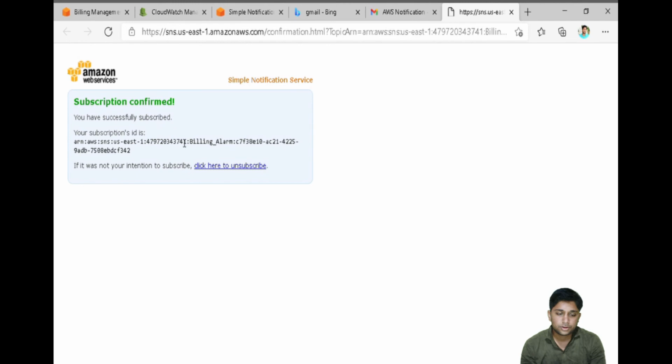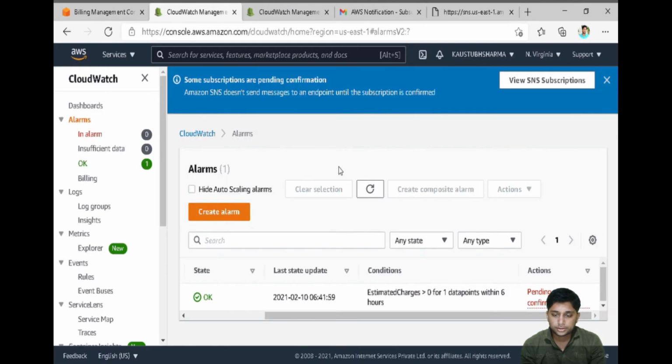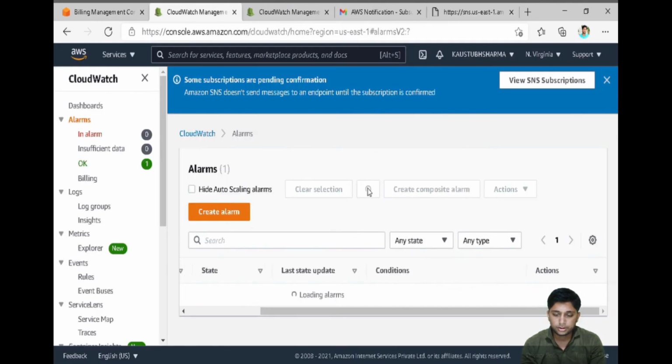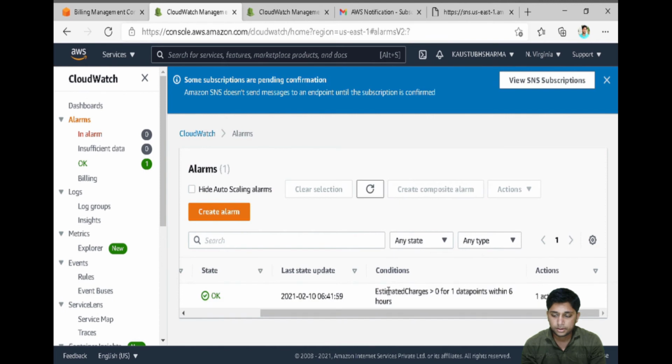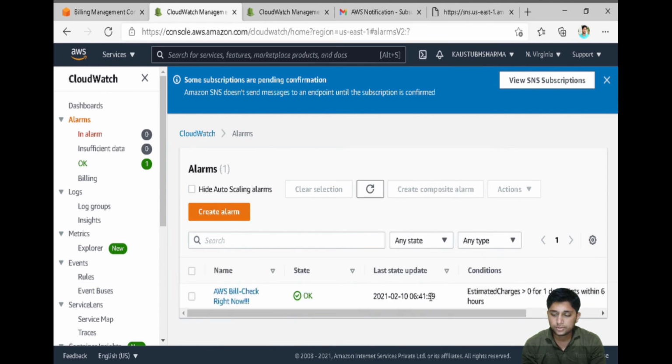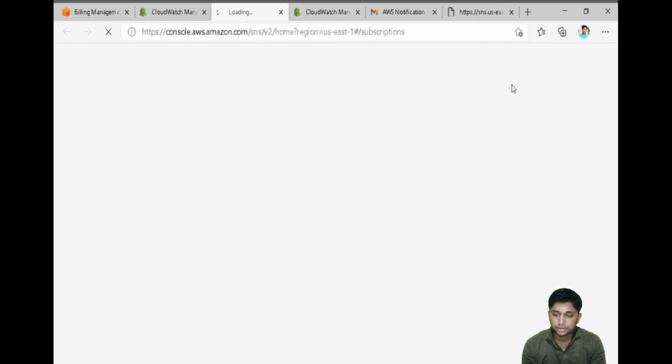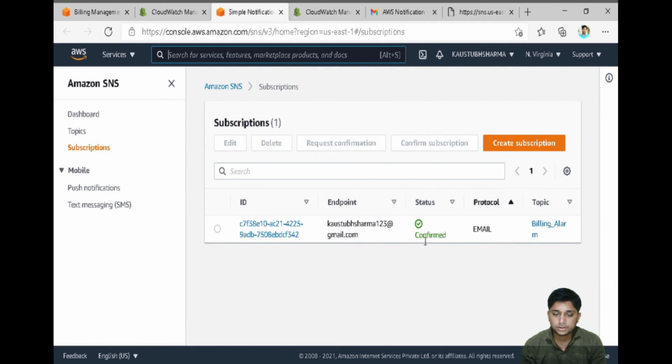So subscription confirmed. Let's quickly go there and refresh it. Now you can see in the actions, pending confirmation got removed and one action is taken. If we go to the SNS subscription, you can see that here also status got confirmed, protocol is email.